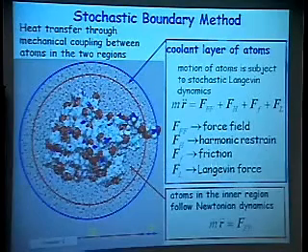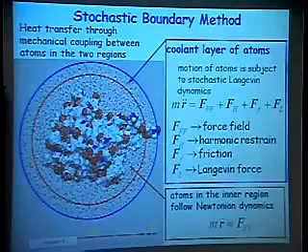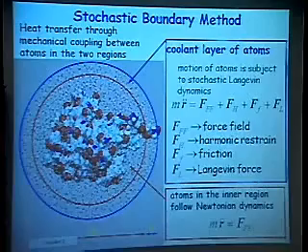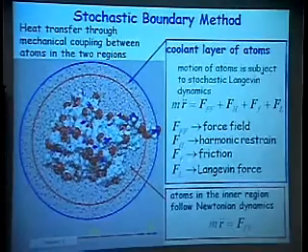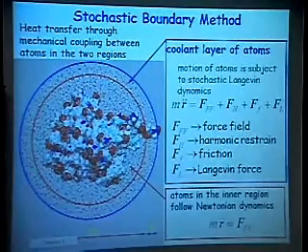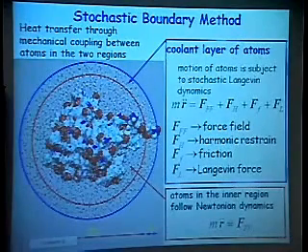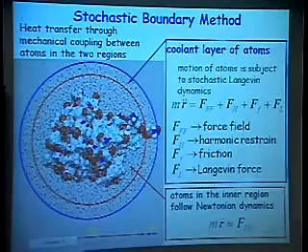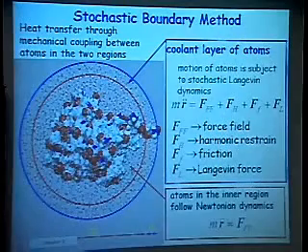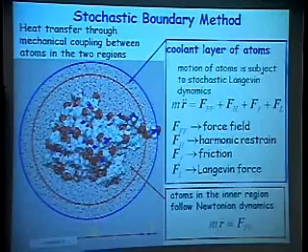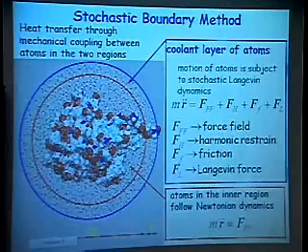You also have to add 2 more forces, namely the stochastic force, the Langevin force or thermal force, and the friction force. The friction force, the Langevin force or thermal force, and the harmonic restraints are all related to the temperature through the fluctuation dissipation theorem and the equipartition theorem. So the equipartition theorem will actually determine the size of the harmonic restraint force. This is how you choose the stiffness of a spring.